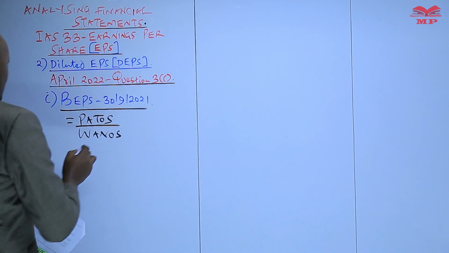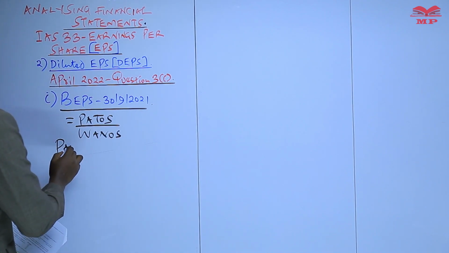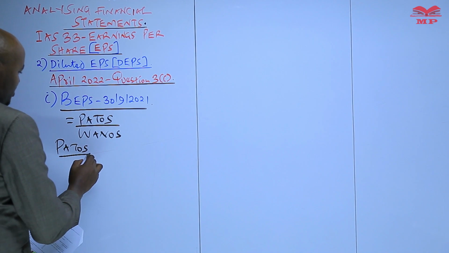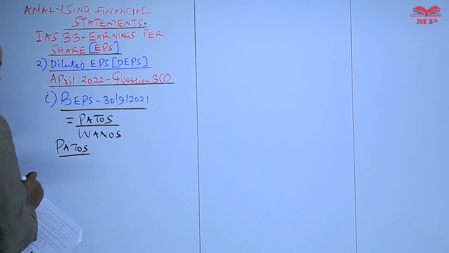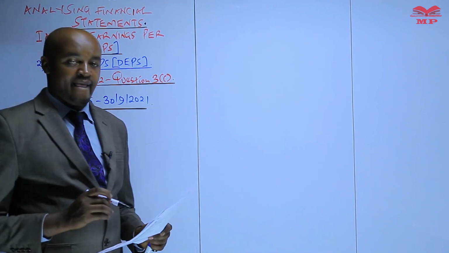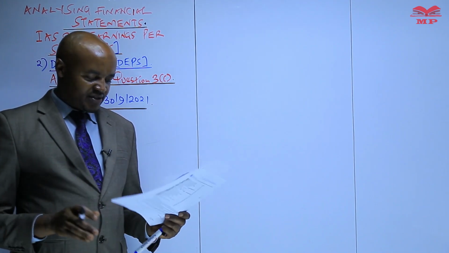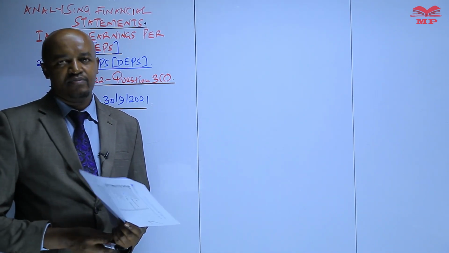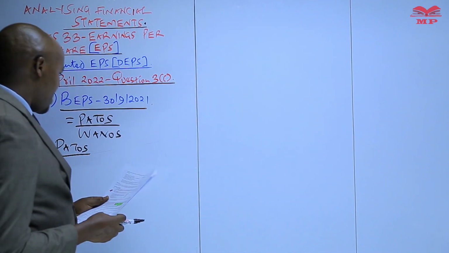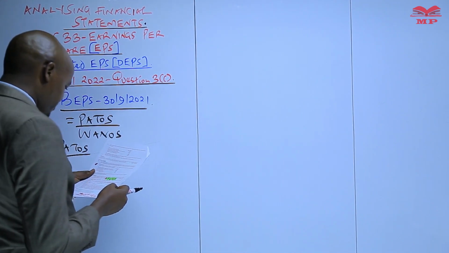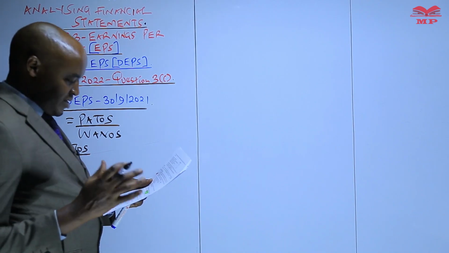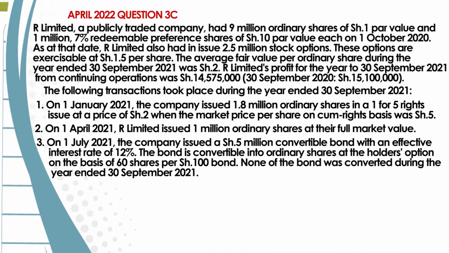So let's start by determining the PATOS. We know that the PATOS is equal to the profit after tax, or the profit for the year, and actually from the continuing operations. Then we less the preference dividends, and we also less any profit attributable to NCI. If you go back to the information in paragraph number 3 of that question, we are told A Limited's profit for the year ended 30th September 2021 from the continuing operations was